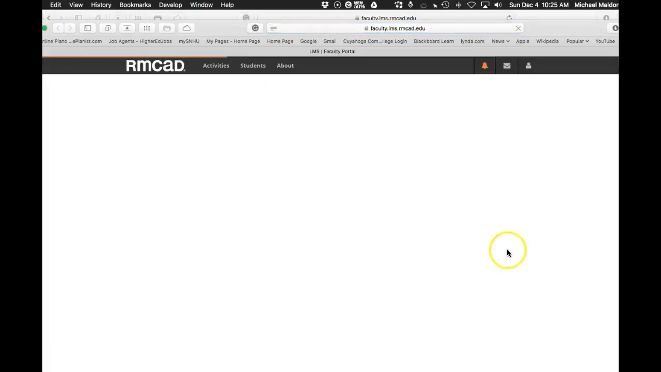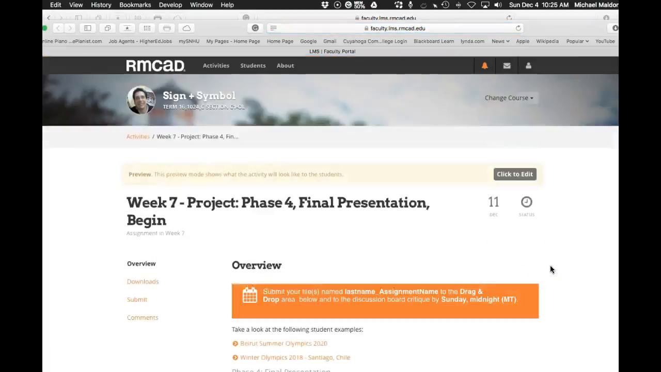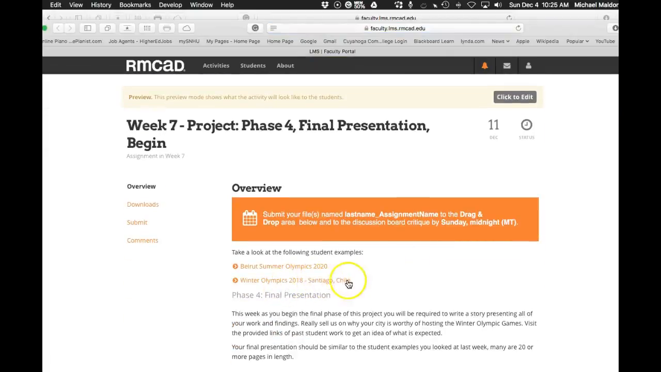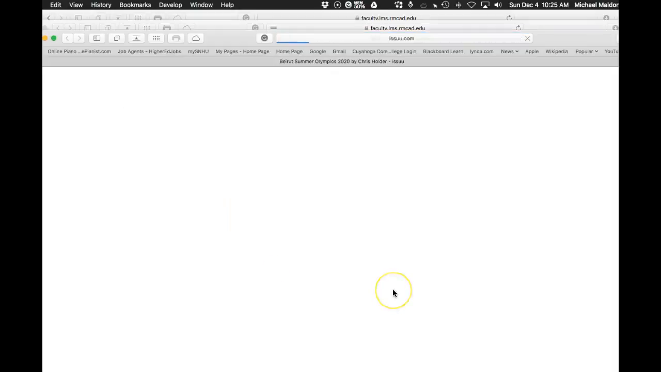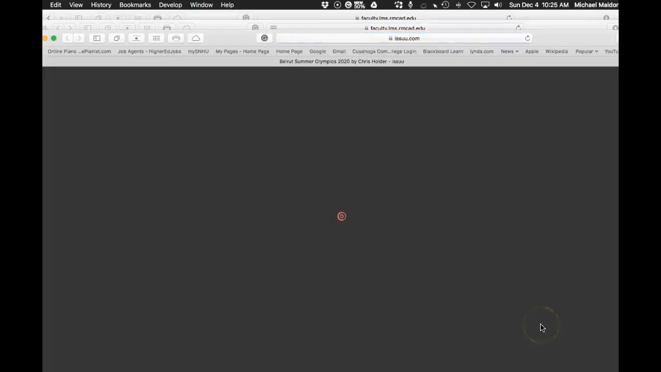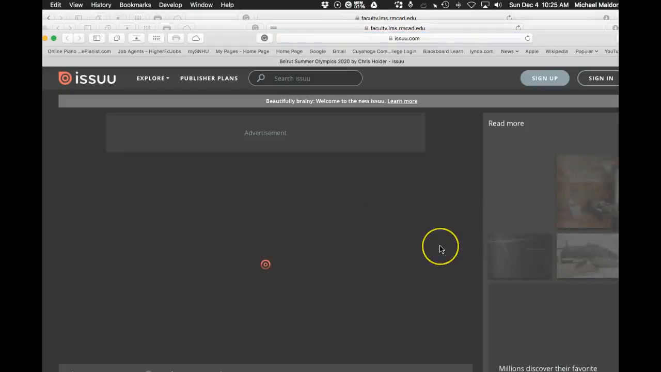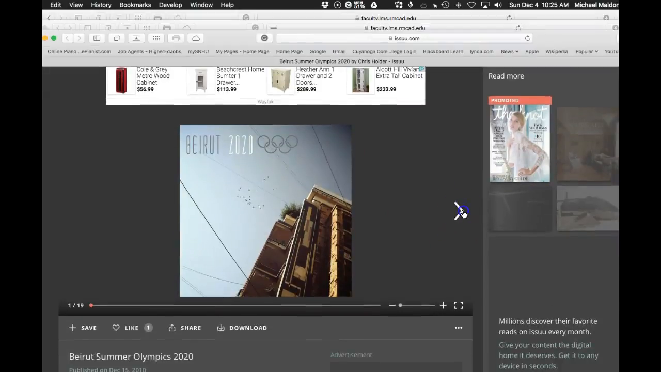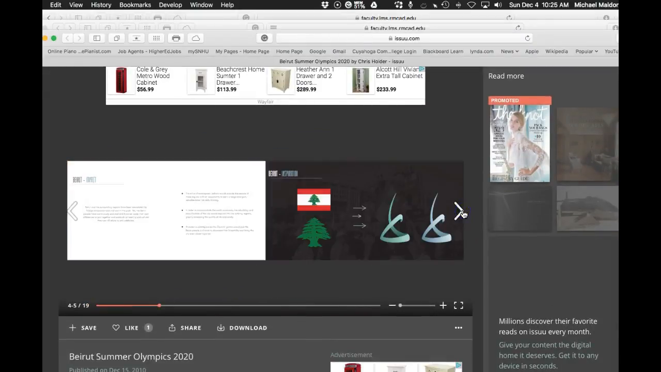I'm pretty sure this is where I want to go. Yeah, right here. So Santiago, Chile, Beirut. Okay, look at the Beirut example. And if we come down here and take a look at the Beirut example, I want to show you one thing. And it's right here where this designer said, okay, I want to create my logo based on the tree